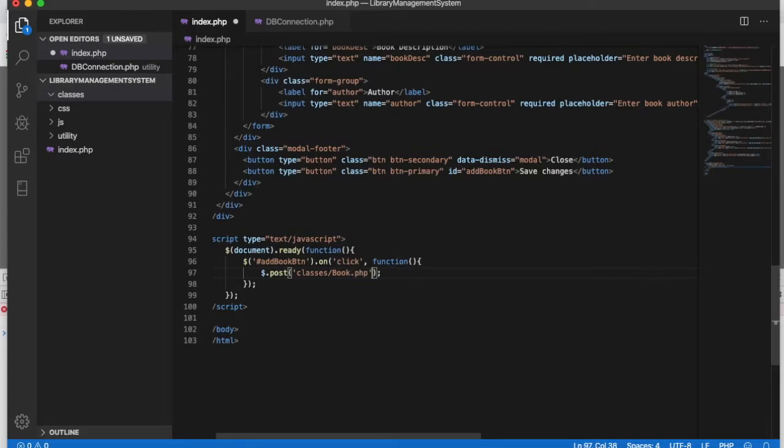So we want to redirect our page to book.php, and the data will be form data serialized, and our form ID is